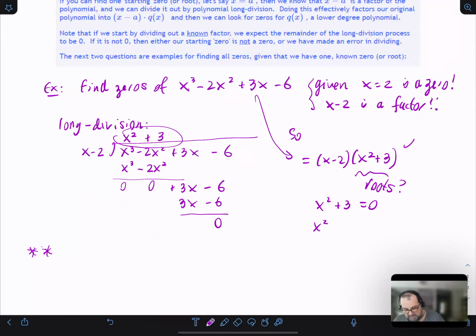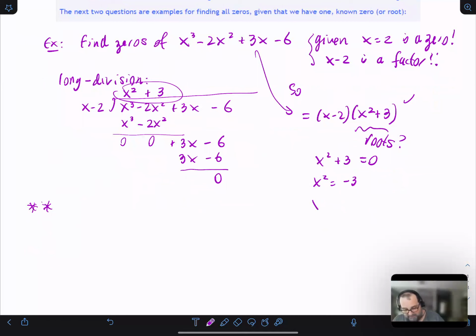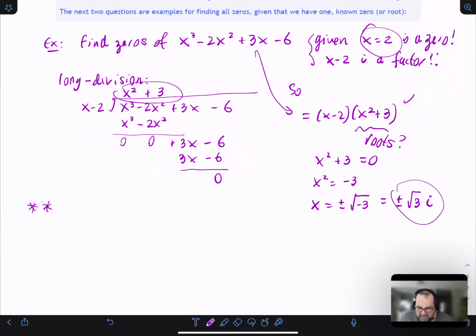This is x squared equals -3. So these are complex roots, yes. This will be x equals plus or minus the square root of -3. This is plus or minus root 3i. So these are our roots. X equals 2 is a root, and then x equals plus root 3i and x equals minus root 3i must be